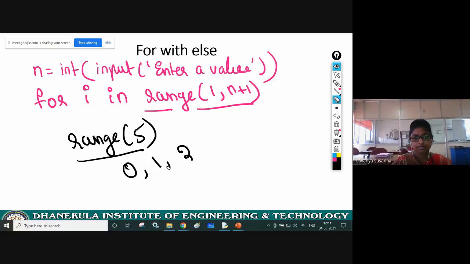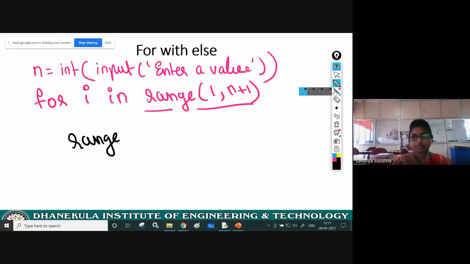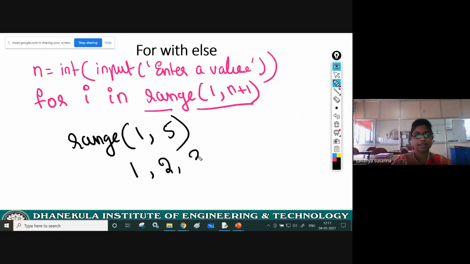Next, range of 1 comma 5 means it will iterate through 1, 2, 3, 4. That's all, from 1 to 5 minus 1. Now see here what I have given in the for loop.